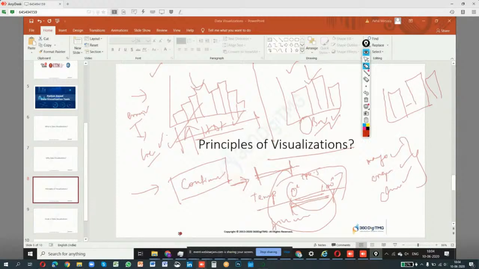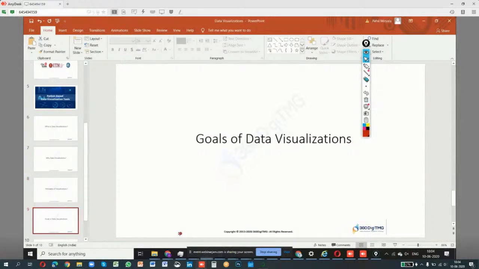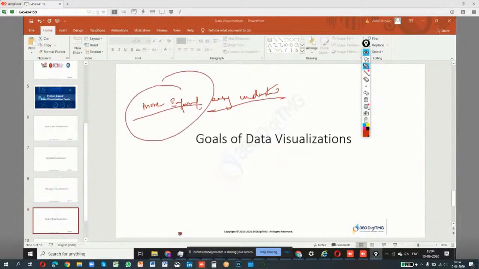Your data should not lie to you, or your visualization should not lie to you, right? So this is part of data visualization principles. Our final goal of these data visualization principles is to get a good visualization with more information, and it should be easily understandable. You need to easily understand it, and it should give more information. And it should not lie. It should not give a wrong value to you,